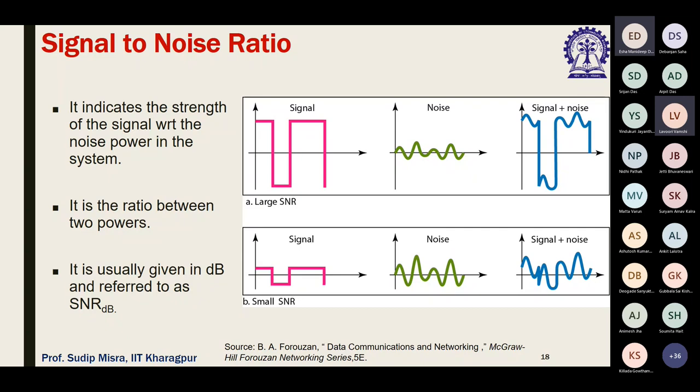What we will be concerned about is not the visual representation, but this ratio, right? So S by N, signal strength by the noise. That is the ratio that is important. So average signal power by the average noise power is this signal to